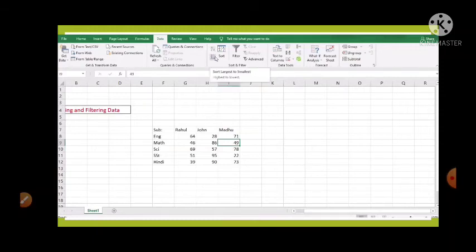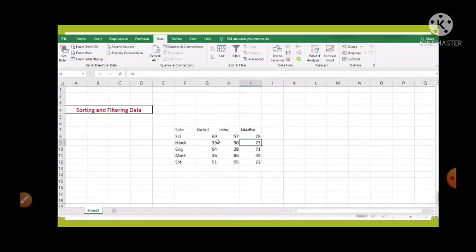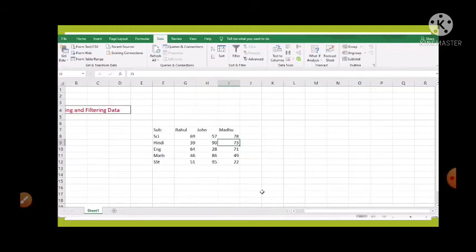Okay, so already we have selected, and then select the data tab by clicking on it, and then in the sort and filter group click A to Z to perform an ascending sort, that means A to Z or smallest number to largest, or click Z to A to perform a descending sort, that means Z to A or largest number to smallest. So after clicking on that, you are having all the sorted data in the particular column. Now we are having all the data in this sheet.